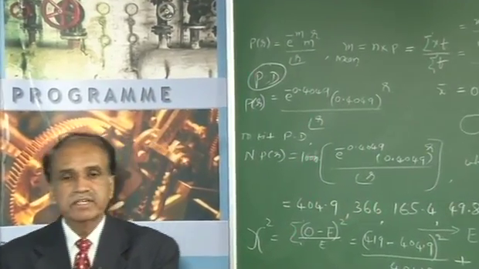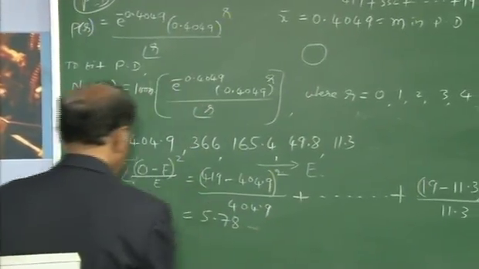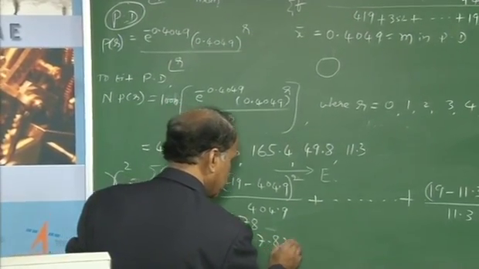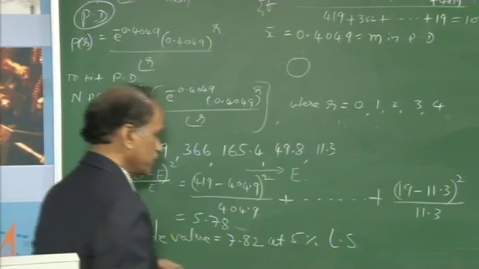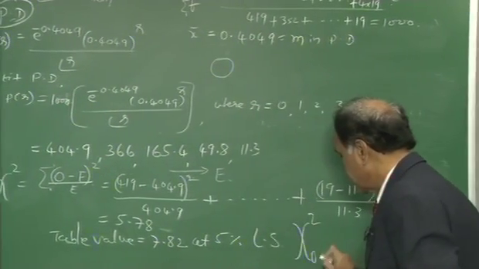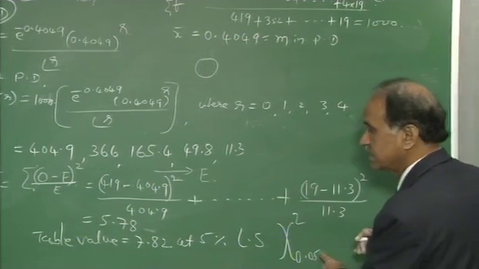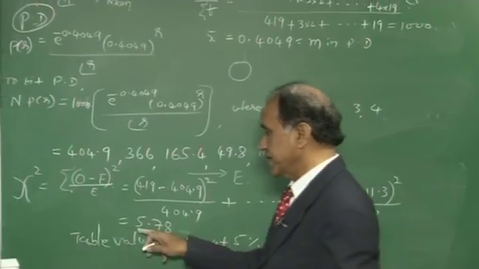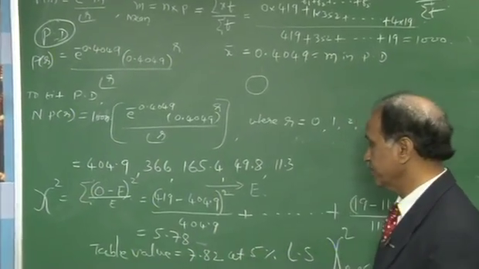Here, the table value for the degrees of freedom at 5% level of significance is 7.82. At what level? At 5% level of significance, meaning chi-square at 0.05. When you write 0.05, it indicates 5% level of significance. The table value is 7.82, and the value actually calculated by fitting the Poisson distribution is 5.78. When you compare these two values, 5.78